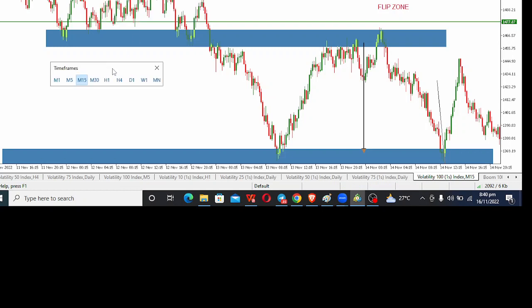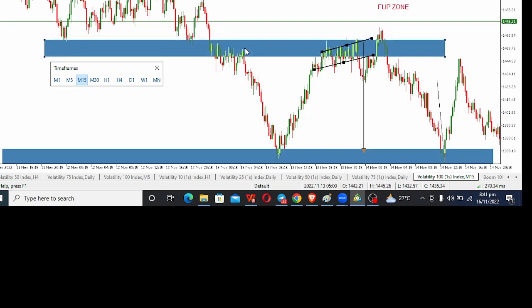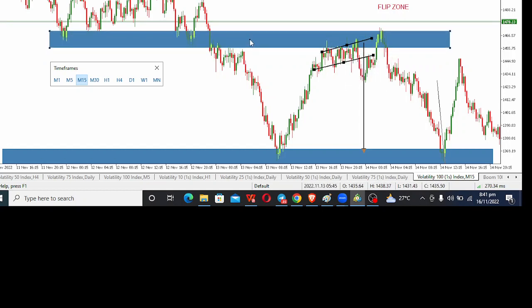So we have this particular zone over here, and this particular zone over here, and then we can see this consolidation here. From this area where I'm marking, the market struggled a lot. So if I move this here, this is what I'm going to have. The market struggled a lot down here. Let me just push it back. I made mention of a flip zone, which we have one over here. So the market struggled over here, and then